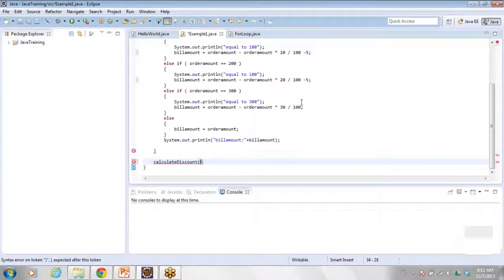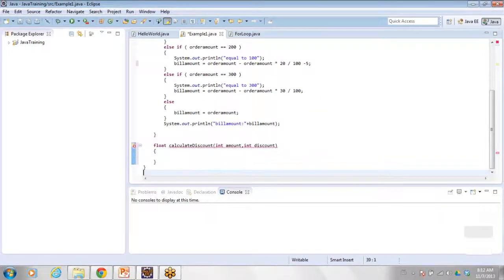So this function will take discount and the amount as parameters, and here it will calculate the discount.